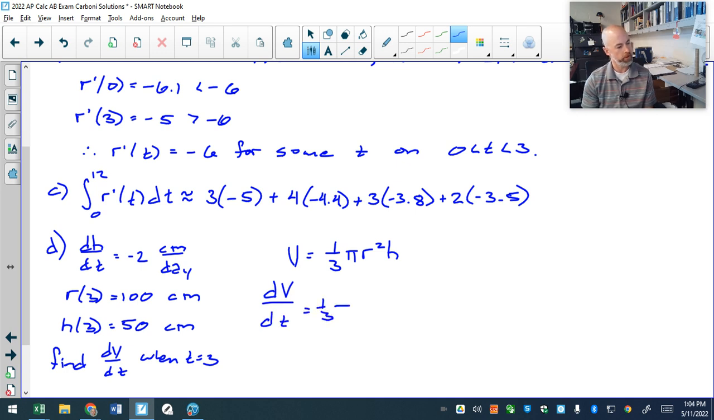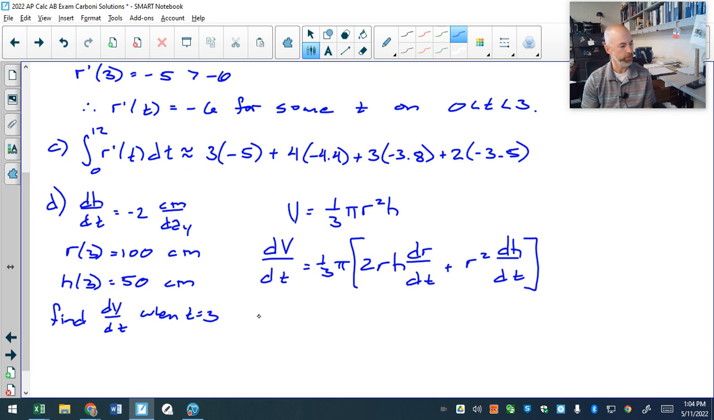It will be 1/3 pi, going to leave that out. The derivative of r squared is 2r dr dt times h. And I'm just going to stick my dr dt on the right side. Plus, leave the r squared alone, and the derivative of h is dh dt. And they are asking us to find dv dt when t is equal to 3. So dv dt when t equals 3 is going to be 1/3 pi of 2 times my r is 100, my h is 50,